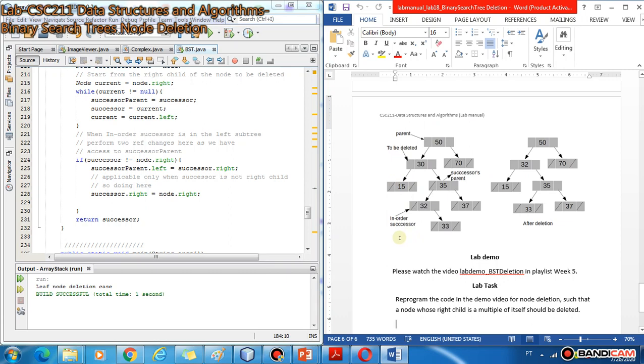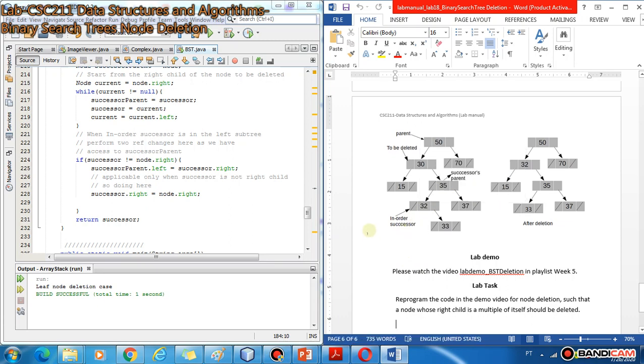These two operations should be performed for both cases. Even if the successor is the right child of the node to be deleted, these two operations need to be performed. But if the successor is the leftmost child of the right subtree of the node to be deleted, then two additional operations also need to be performed, which are,